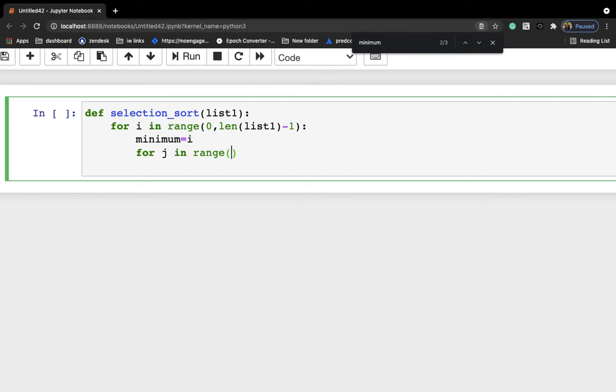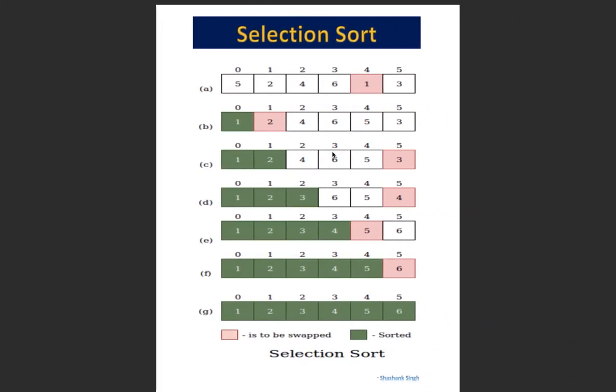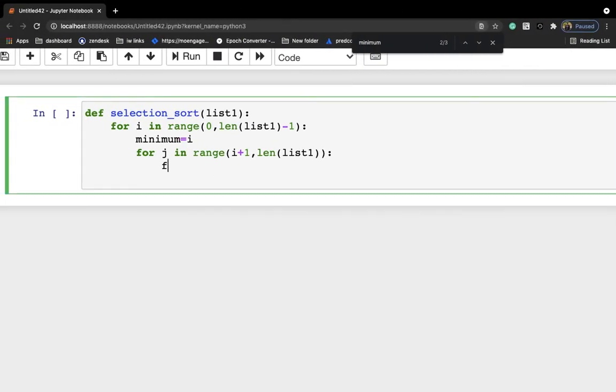So this for loop I want to start from i plus 1 to length of list1. Right from this position we'll try to find the minimum element. For that I am writing an if condition: if list1 of j is less than list1 of minimum.